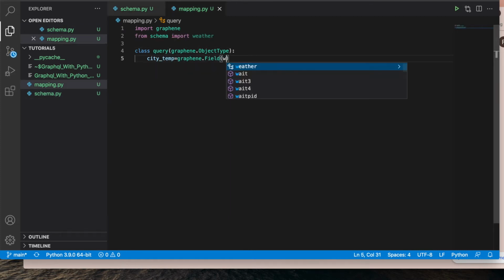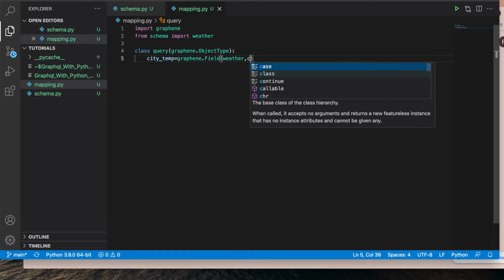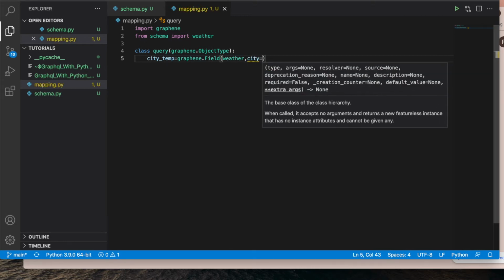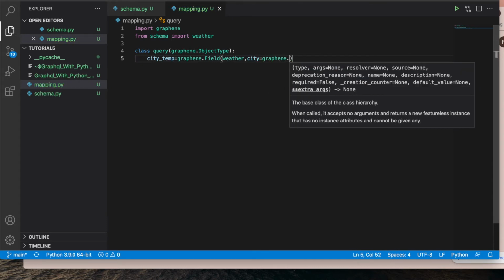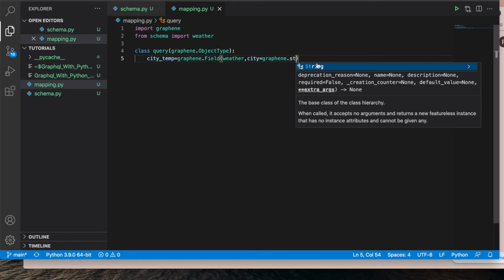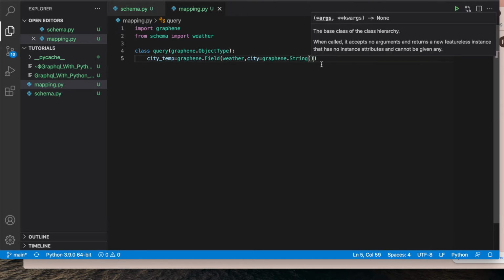If you see here, this Weather will come over here. And this is going to use some name, like city name. We would like to pass this as a parameter, so it is going to be graphene.String.